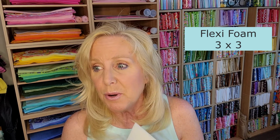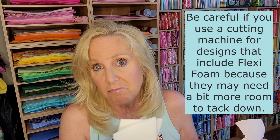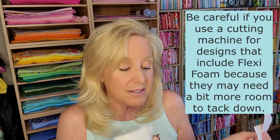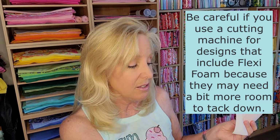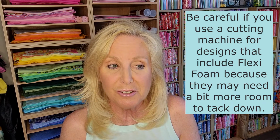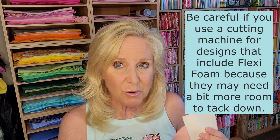And one thing I want to point out, some people use their Scan and Cut or Cameo, Silhouette, anything like that as a cutting machine for their fabric. Go for it. That's fine. They have SVG files on the CD so that you can use that for cutting. My suggestion would not be to do the ones on the Flexifoam, because you want to have this cut afterward. I would trim it. This is my personal preference, and I don't have a Scan and Cut, but I've got a Silhouette machine, and I used to use that for cutting my fabrics. Like I said, it's a personal choice, but